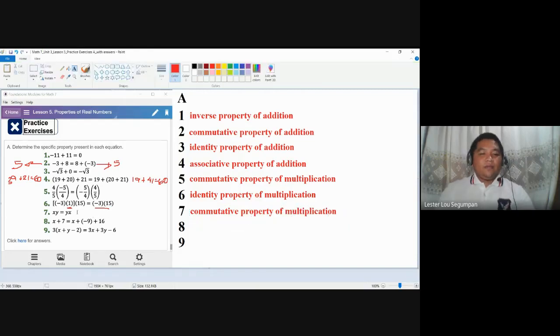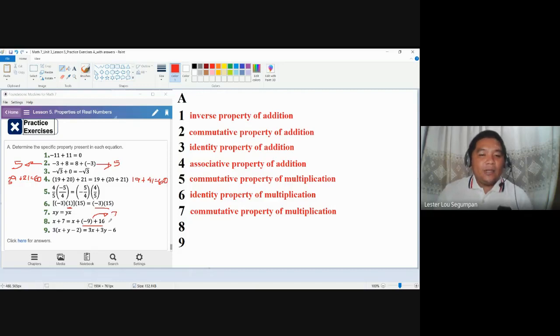Number 8, okay? This item needs further analysis, because in the other side you have x plus 7, and here you have the integers 9, -9, and 16, which when computed or operated will result to 7. So they are just the same as x plus 7, and the other side will be x plus 7. But here it's not the 7, it's 7 that will be the result when we add these two. So what do you think is the property present here? Okay, for the answer for number 8,